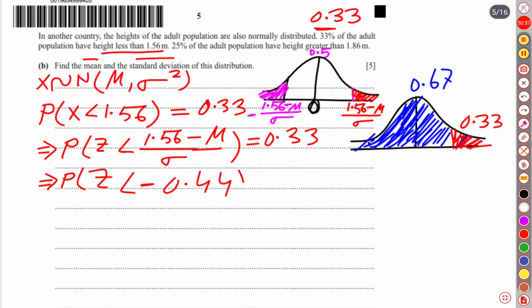0.44. I am going to show how to find the corresponding z score for a particular probability, 0.33. Okay, I think you have understood. That is, we have got the left side of the probability distribution graph. That means probability has been taken as the left part for the corresponding z score. Well, so if we compare the coefficient, what is it going to be? It is going to be